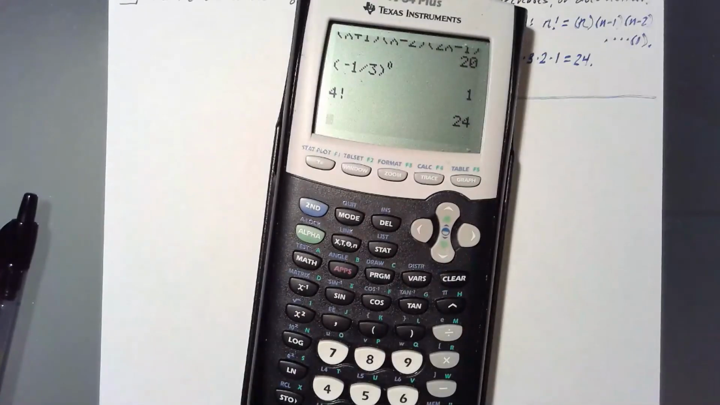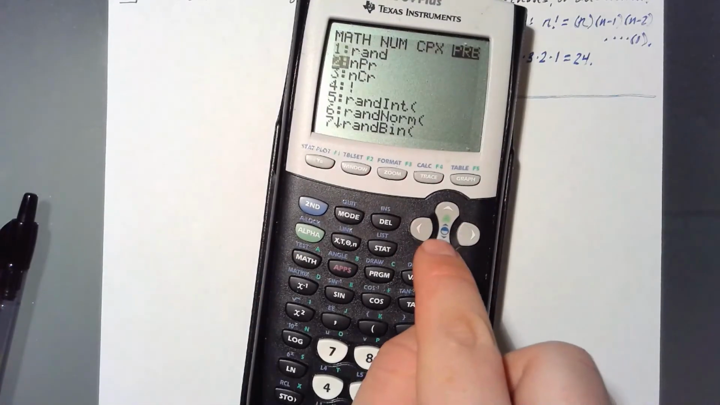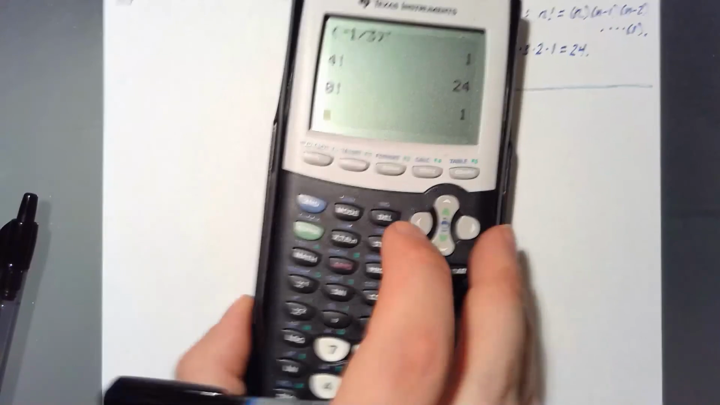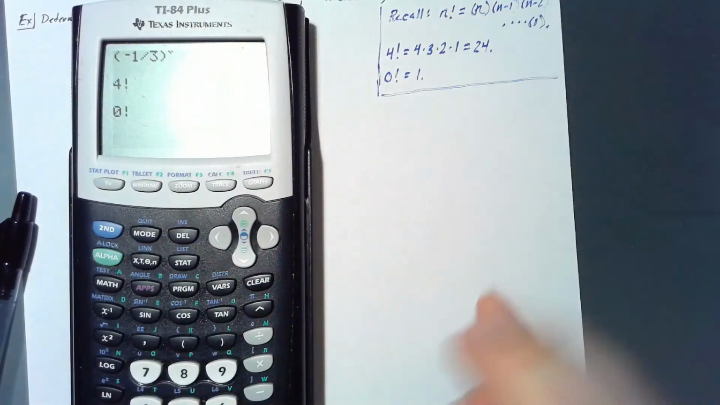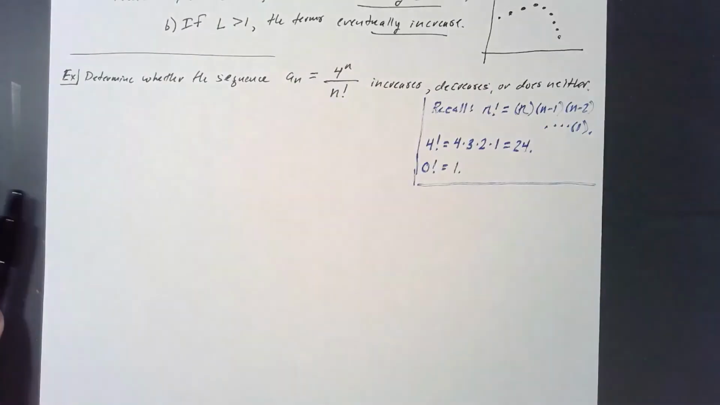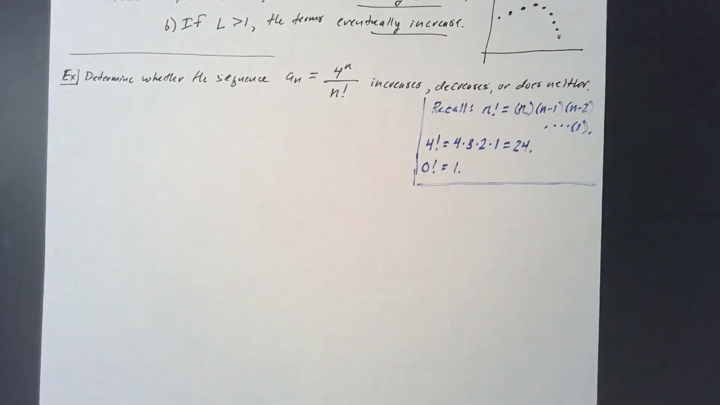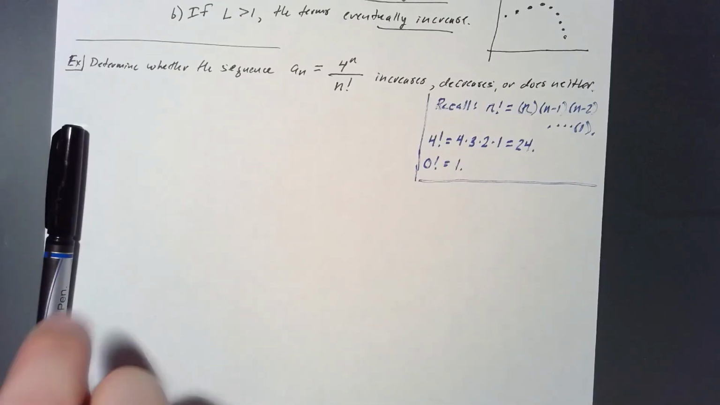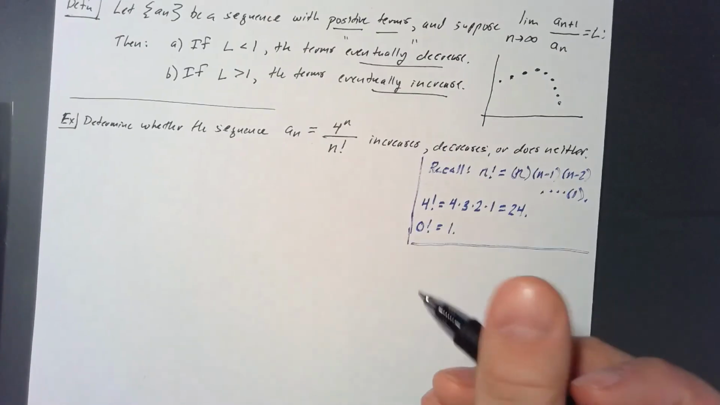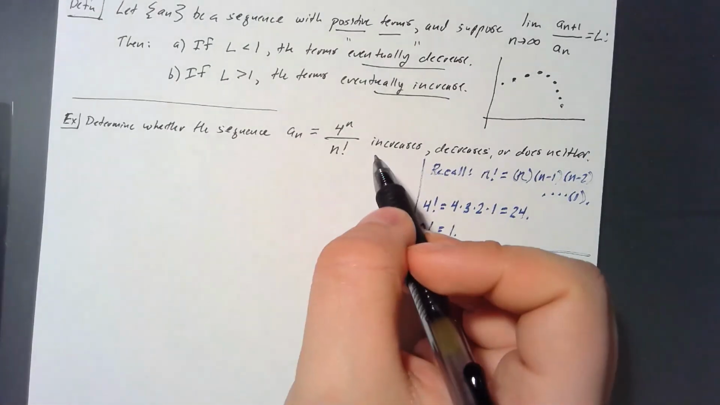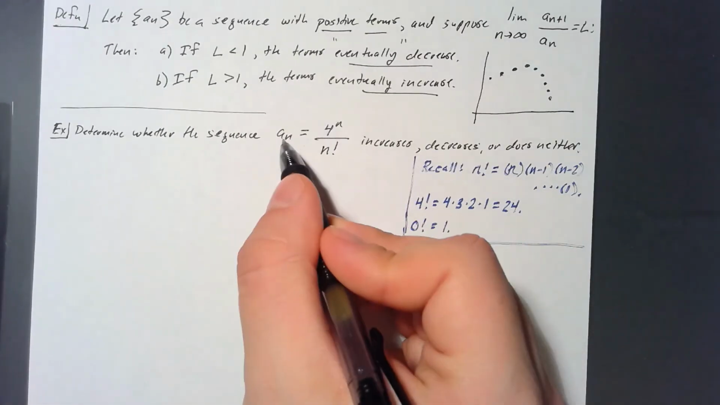What's 0 factorial? Interesting. Yeah, 0 factorial is 1. So just keep that in mind. That's what factorial means. It might have been a while since you've seen that, but all right. So this is my sequence. If this is what a sub n equals,